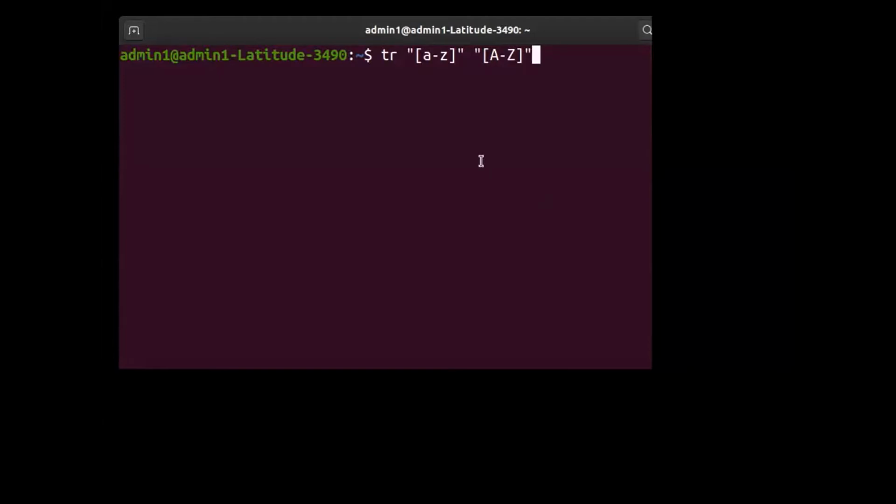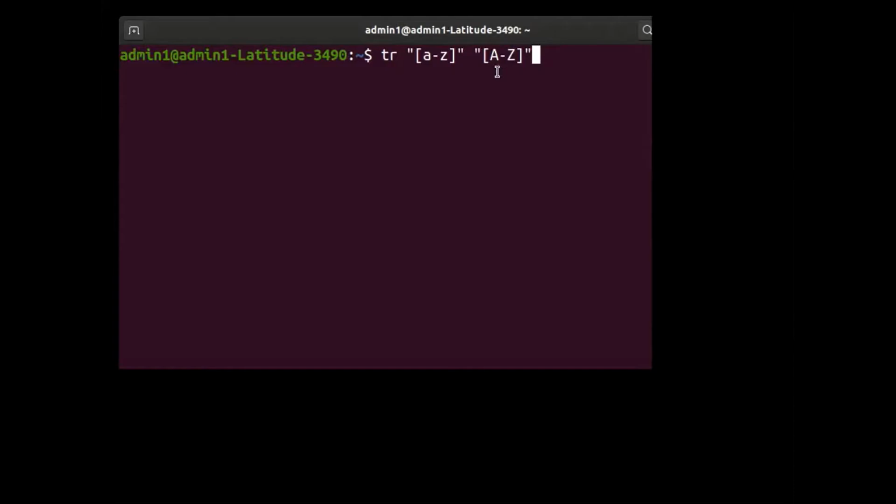Correct. Now see the significance of this. tr is a command, this one, and this is lowercase a to z, right? This hyphen stands for range. So a hyphen z means a to z, and this is capital A to Z, that is uppercase A to Z. So this is an indication to the operating system that any lowercase character I type, please convert it into the equivalent uppercase character.